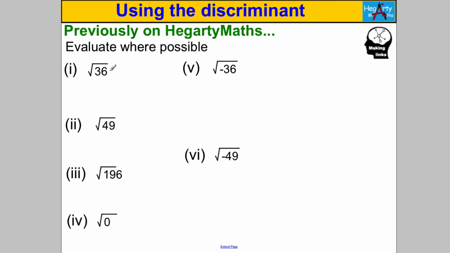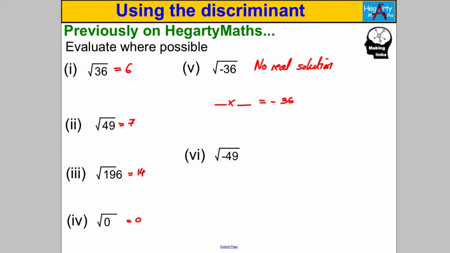The square root of 36 is going to be 6, the square root of 49 is going to be 7, the square root of 196, 14, the square root of 0, well that's 0. Now the square root of negative 36. Can you think of a number when you multiply it by itself you get negative 36? You can't, because a positive times a positive gives a positive, and a negative times a negative gives a positive. So there isn't, as far as we know, an answer for that. So we're just going to put, for now, no real